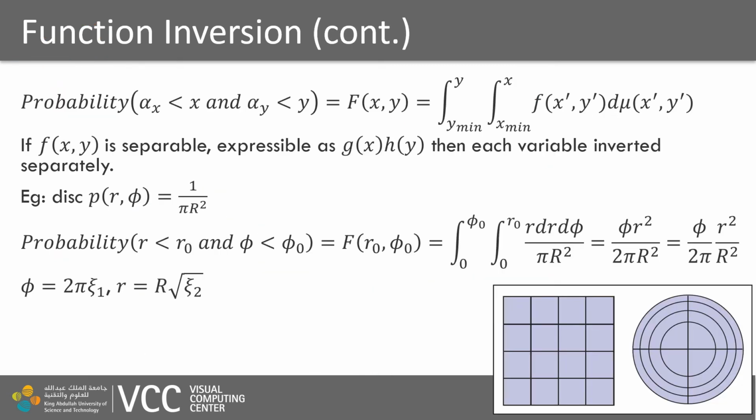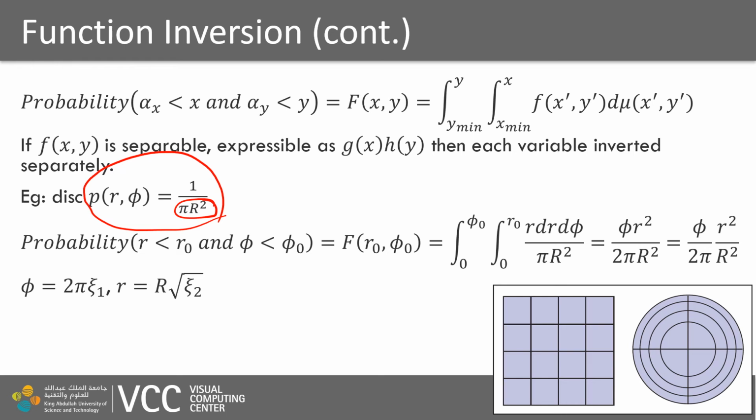So let's come to the problem of sampling a disk in a uniform way. If we want to sample the disk in a uniform way, we can follow the function inversion strategy. And we know that for the disk, the uniform distribution is equal to the reciprocal of area. So therefore, we can just perform the integration of this probability density function to get the cumulative distribution function, and